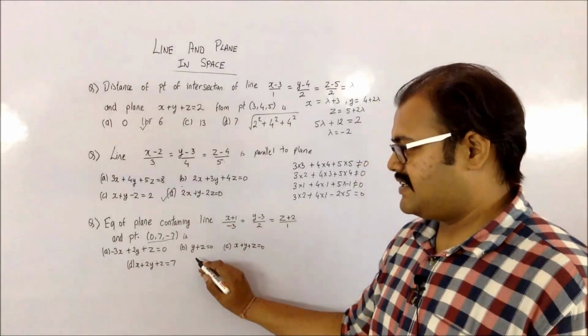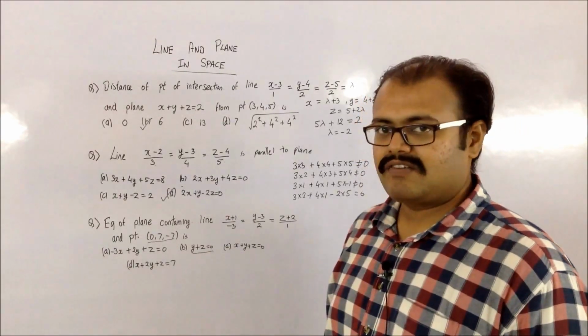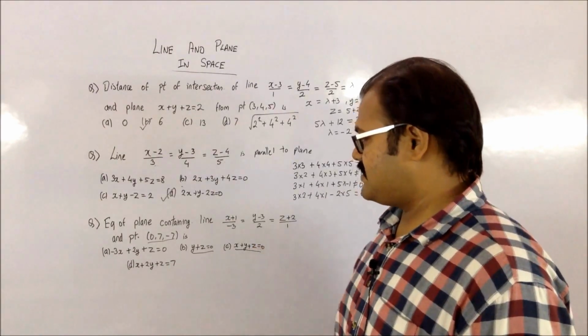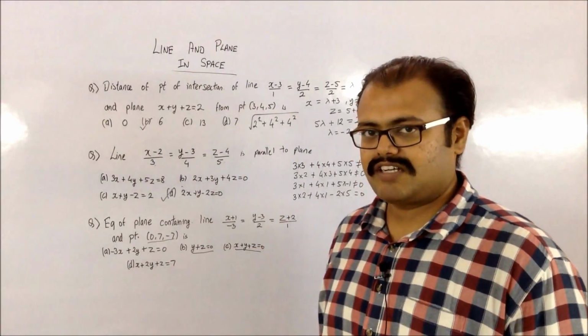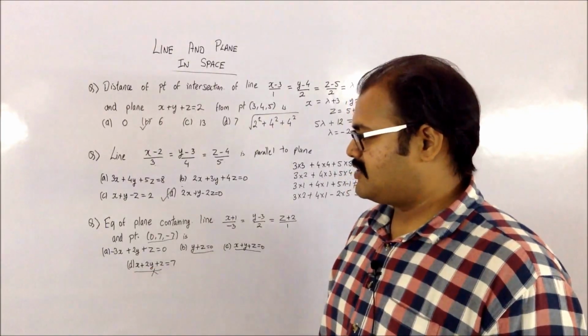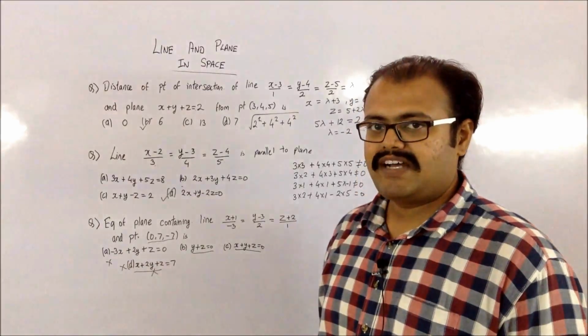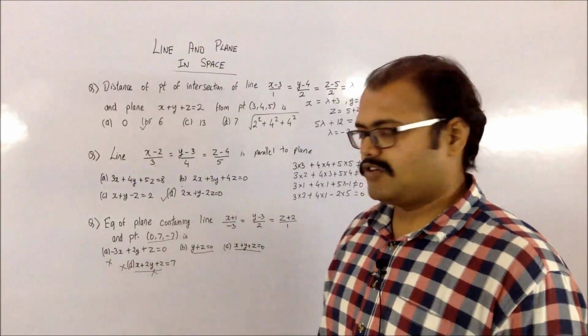If you check for B, it's going to satisfy the equation. So this is going to be one of the options. You can check it for this also, it's again going to be an option. If you check for this one, it's not going to be the option. So you can just eliminate your A and D. So you have eliminated two of them.